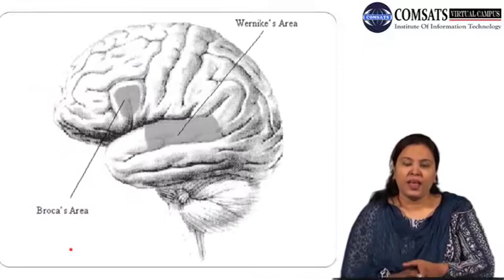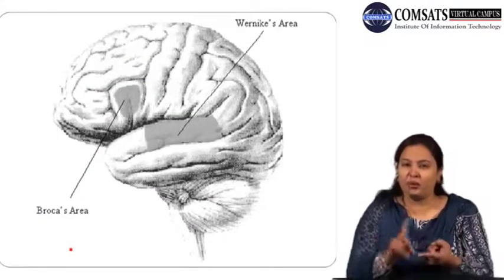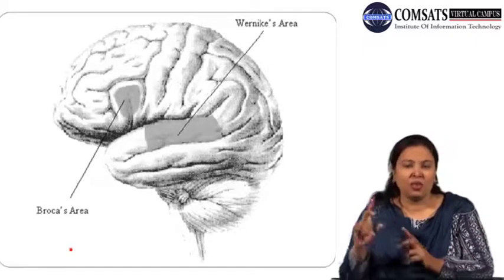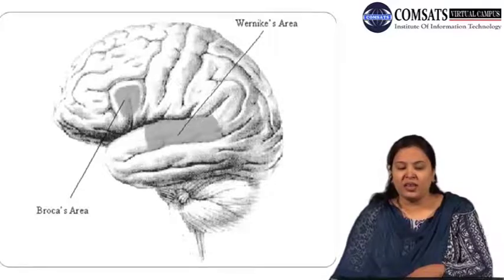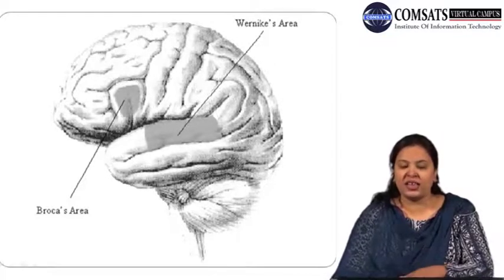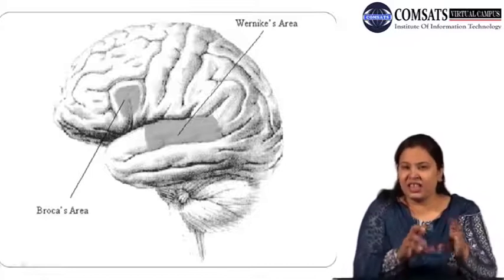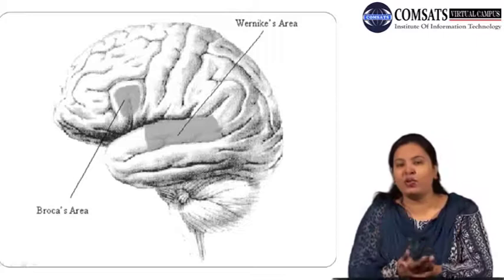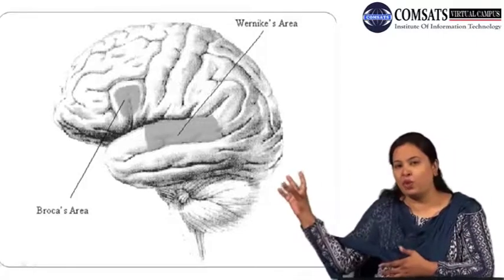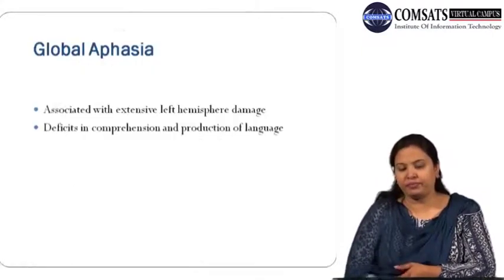Now again, to make it clear, as I was telling you, for Broca aphasia, the Broca part of the brain is damaged. For Wernicke aphasia, the Wernicke part is damaged. As you can see, these are the Broca's area and the Wernicke area, where these deficiencies or problems arise. If the Broca area in the brain gets damaged, we can have Broca aphasia. If the Wernicke area gets damaged, Wernicke aphasia.